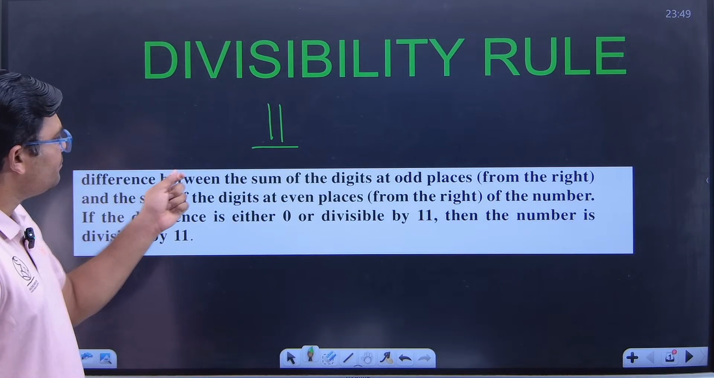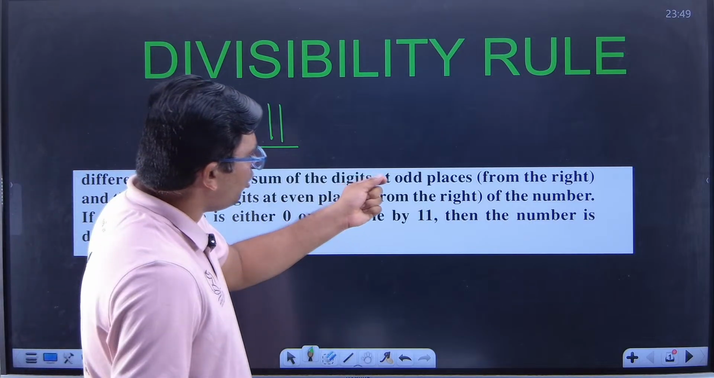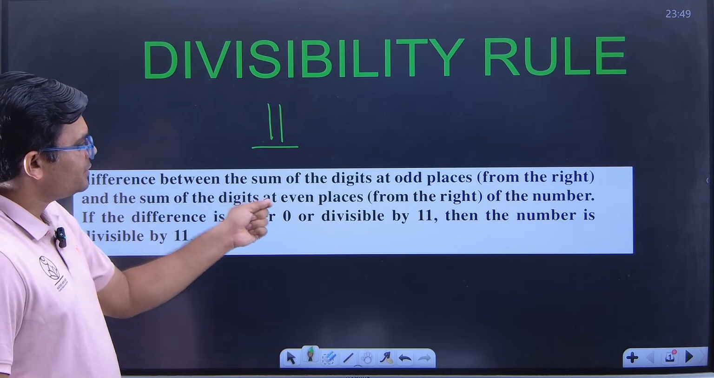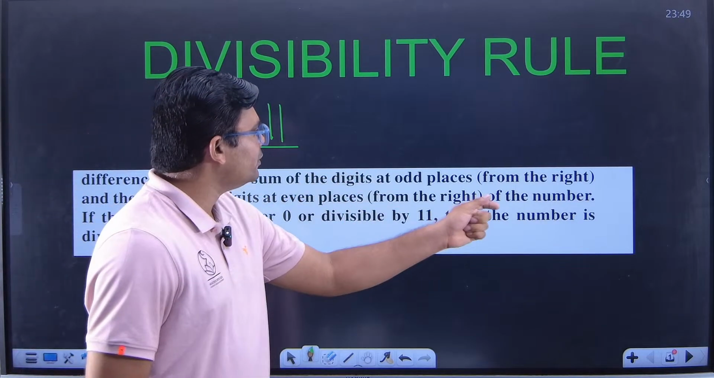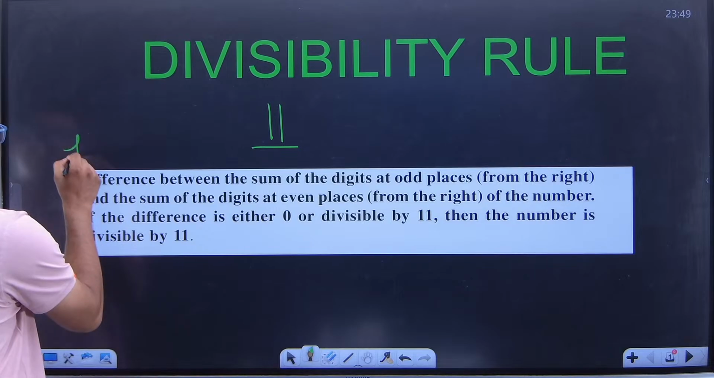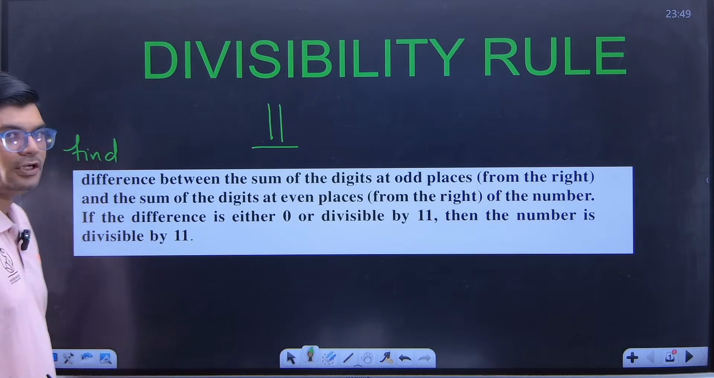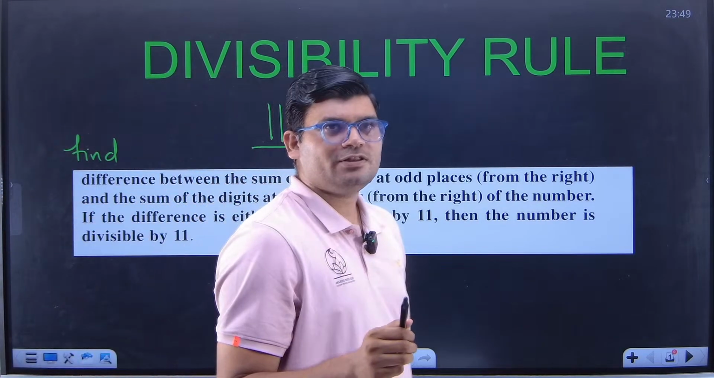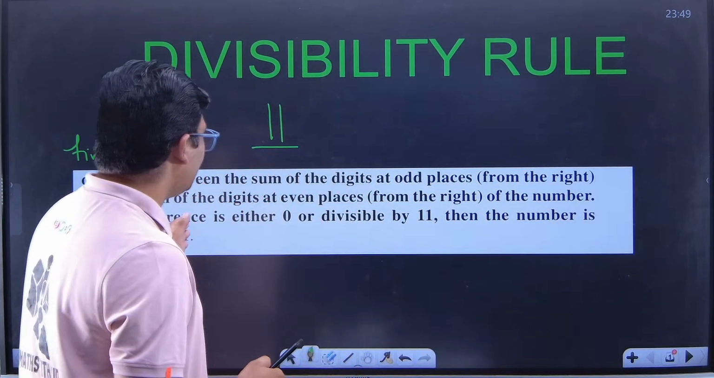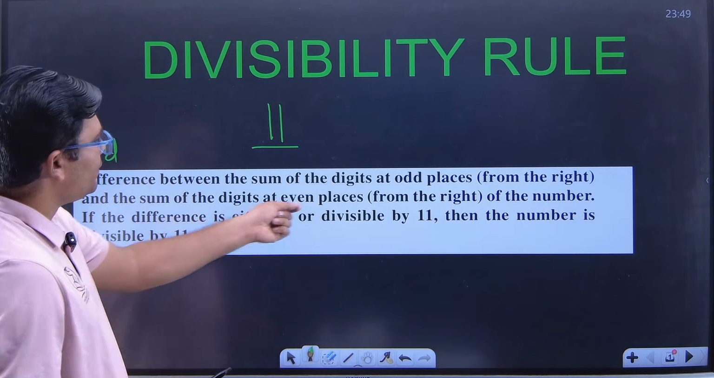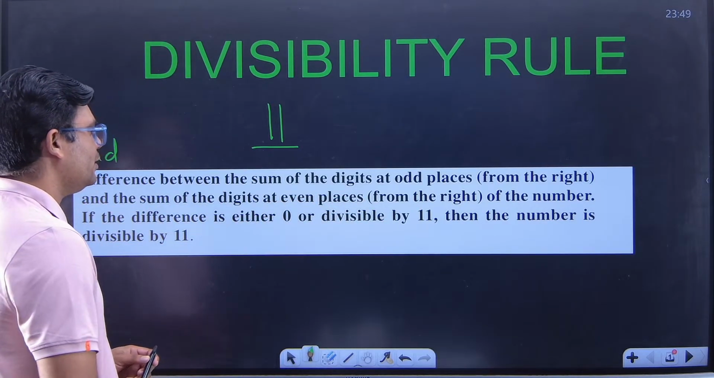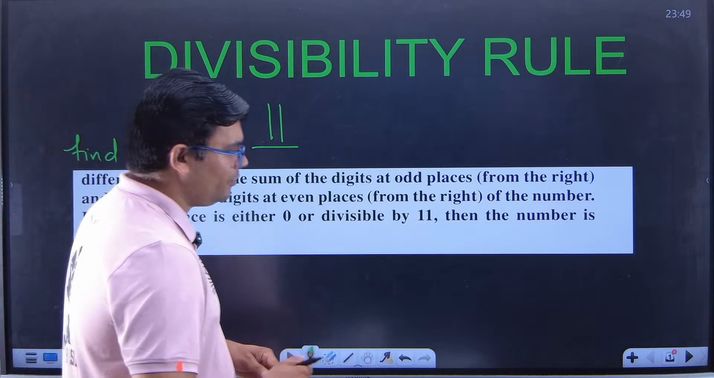Now, find the difference between the sum of the digits at odd places from the right and the sum of the digits at the even places from the right of the number. If the difference is either 0 or divisible by 11, then the number is divisible by 11. For example,